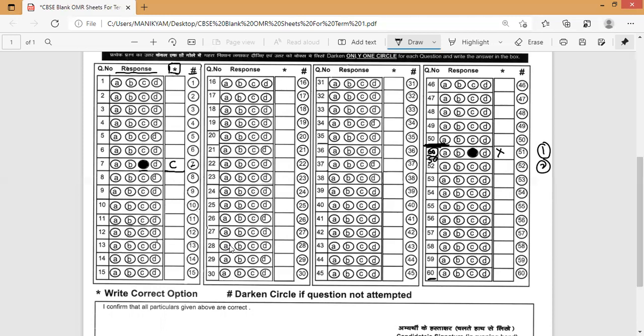I don't know the answer. I am not even aware of that question. So question number 10, I don't know. So now I want to leave it as a choice. So I have to bubble here in the row. Wherever you are seeing the question number, you have to bubble it. This is the fifth point.